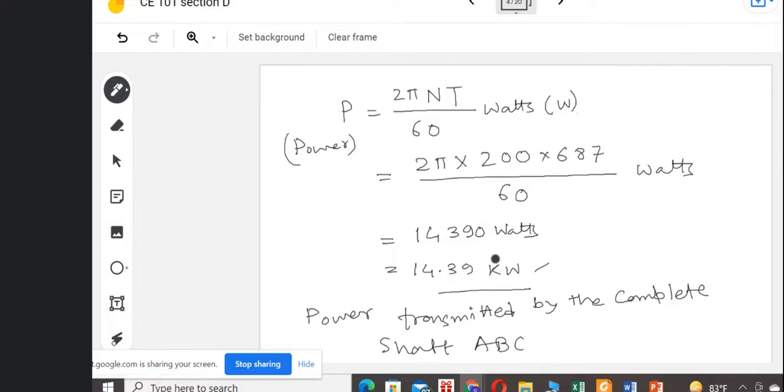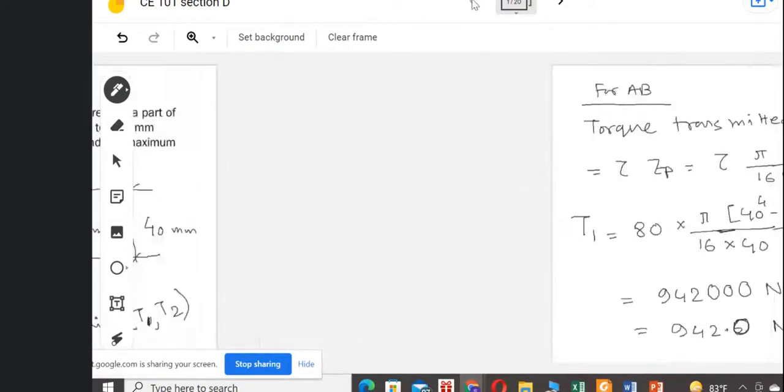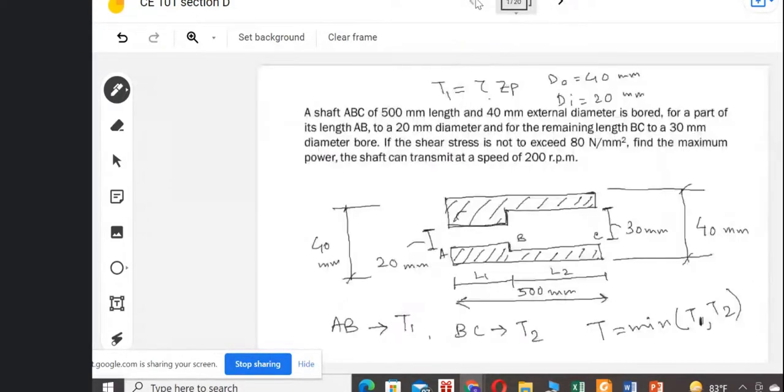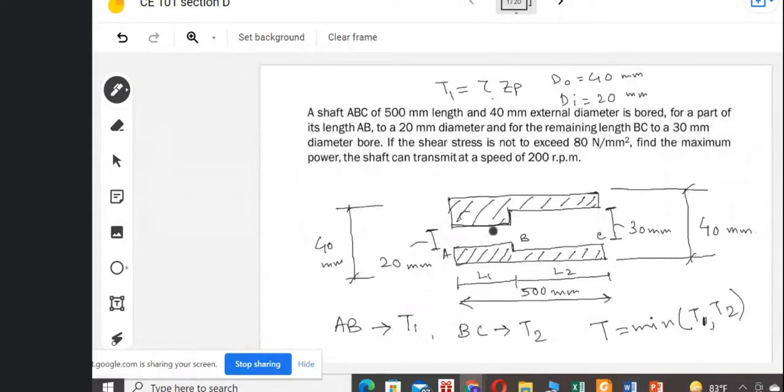Also, we have to find out the remaining part. We want to know L1 and L2, the lengths, which are not known to us. We only know the total length of the shaft, 500, but L1 and L2 are not known. One thing we have seen is that we use the minimum torque, which has already been used in the calculation